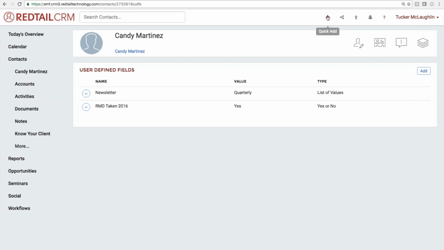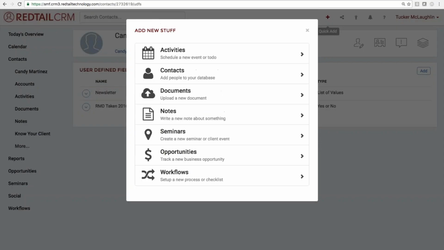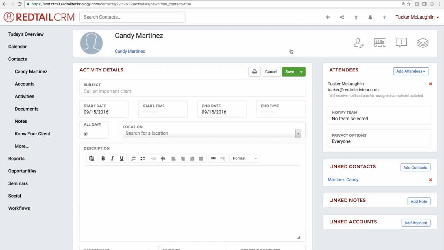And the second activity I'm going to suggest to go ahead and put in as a repeating activity is going to be the actual RMD account report. So you can add in that RMD taken user defined field each year. So I'll go ahead and say RMD report, account report to be specific. And I'm going to go ahead and put in the details here. So run